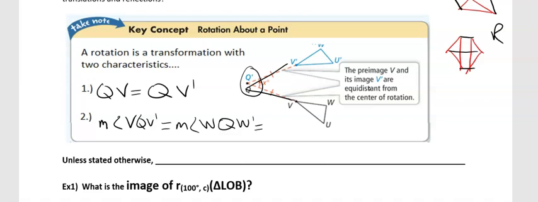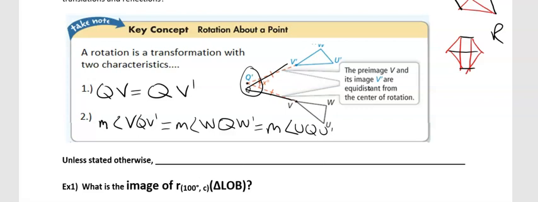And going along with that, with our diagram here, that would have to also equal the measure of what angle? We've already done V and W. What else do we have? U. So you would have U, Q, U prime. So all the angles are the same. If all those angles are the same and all the distances from V to Q and V prime to Q, and then W to Q and W prime to Q are the same, then you know that you're going to have